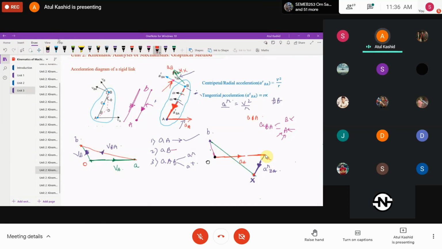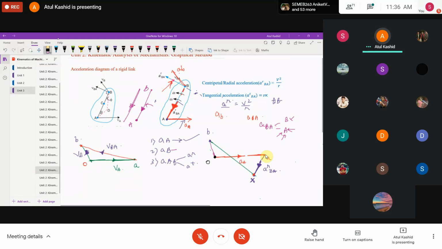So we have extended, and then we finally drew the vector for the absolute acceleration of the point B. And we know that the absolute acceleration of the point B is already given in the problem over here. So it will be like this, acceleration of B. So we have to draw parallel lines same in the acceleration diagram. We started from the point O and we have drawn one parallel line to that, right? Which intersected this line, which was our tangential acceleration, right? And we got a point B, right?